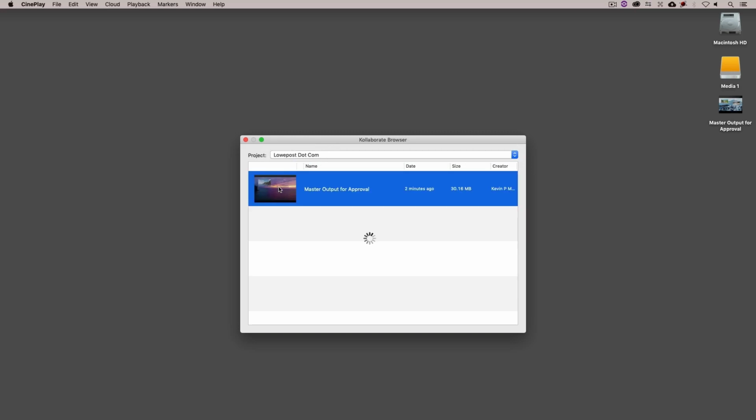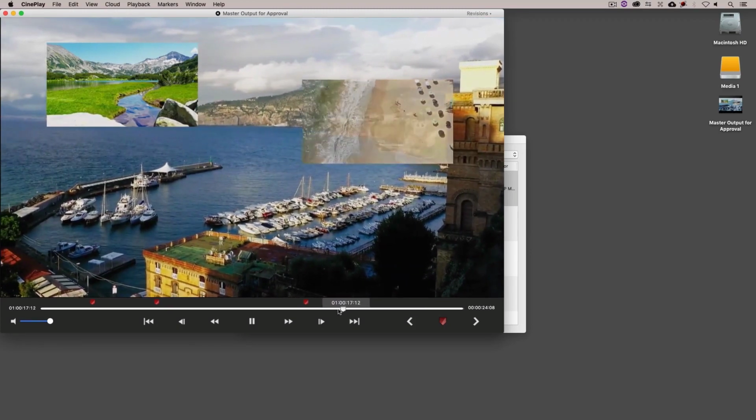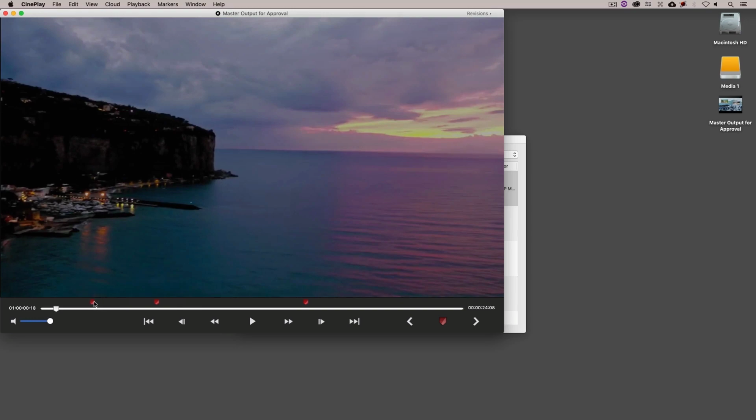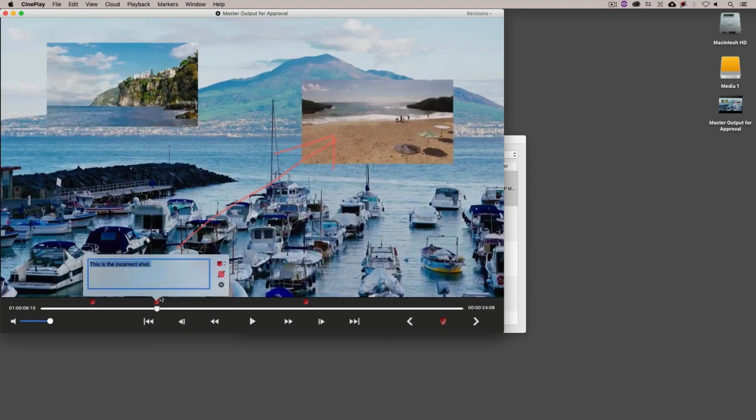Now once I double click on it, Cineplay is going to open a window. You'll see it actually opens right where I left off, but what we now have the ability to do, I'm just going to come back to the beginning and pause, is to come down to each of the markers, and not only will I see the marker information, but I'll also see the annotation on the screen at the same time. Now, as I go through and fix these, I could change the marker color if I want, but more specifically, because we're going to be exporting these annotations or these markers as markers